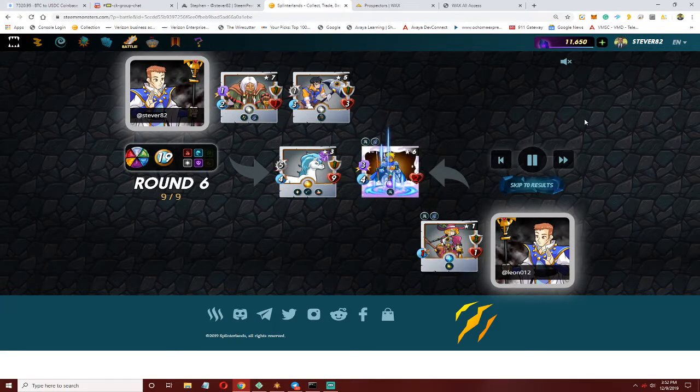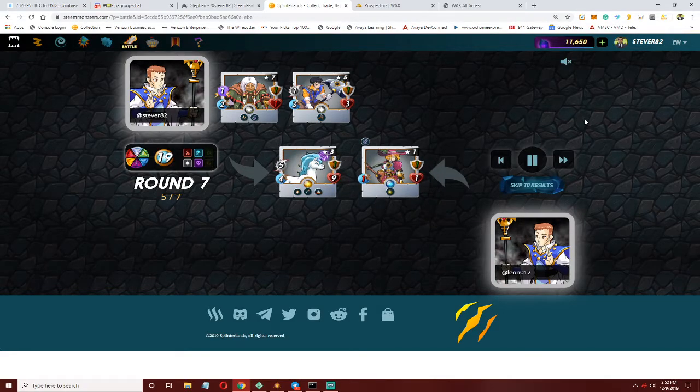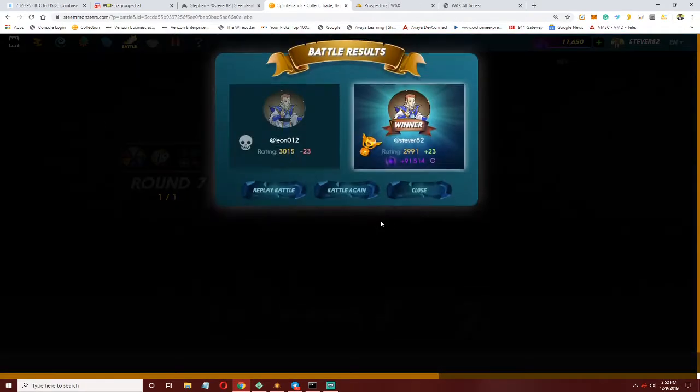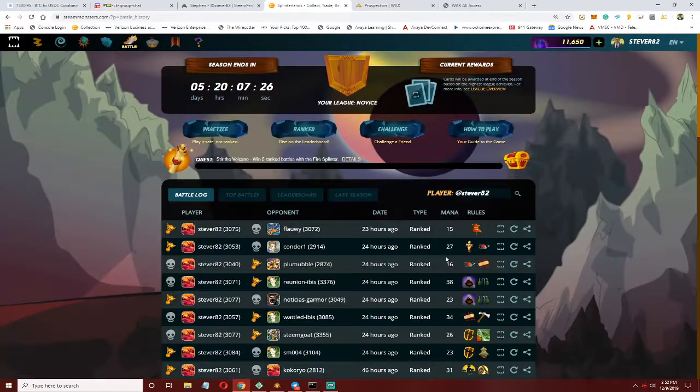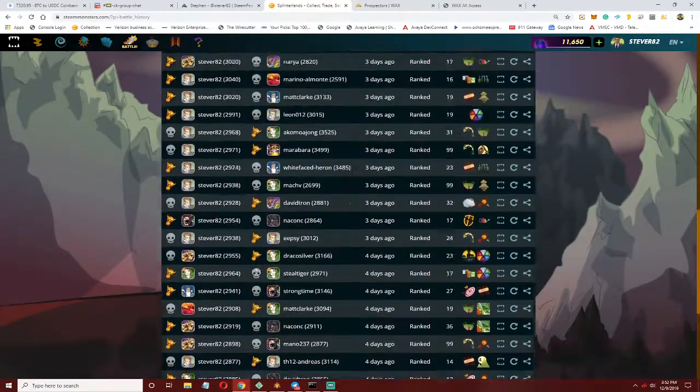So this is the power of the Sacred Unicorn. It's one of the things I wanted to show you guys: this card, in certain circumstances, can win a game pretty much all by itself if you can keep it up. So that was one battle I wanted to share with you. And then the next battle I wanted to show you